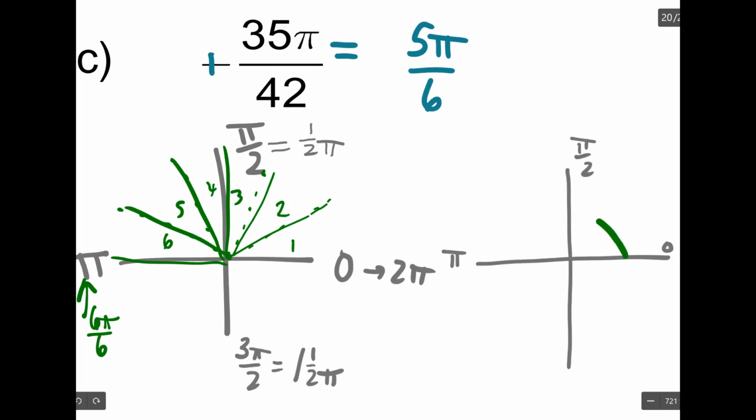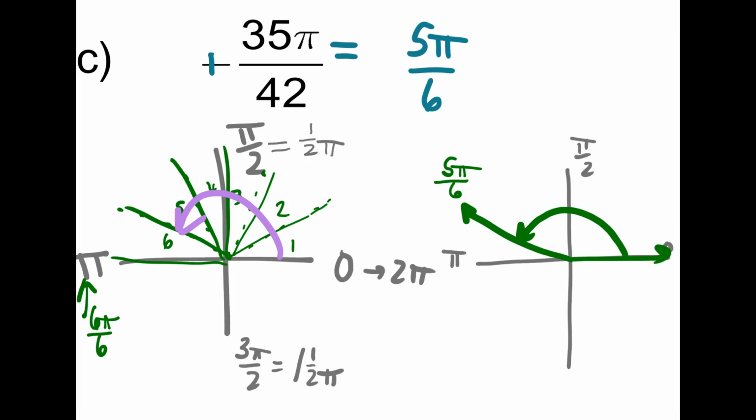So I know that I'm going to have to go like here. That's about where 5/6 is. That's about where it is. Okay, so if this is 5 pi over 6, aka 5/6 times pi, what I really need to find is